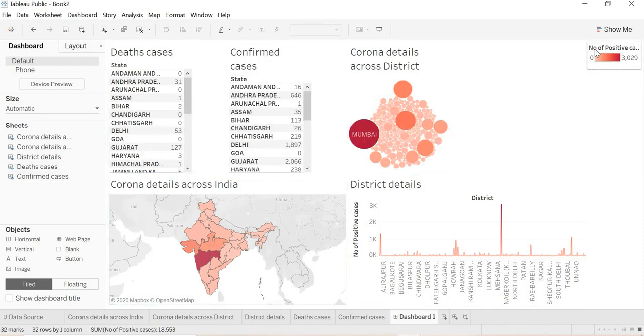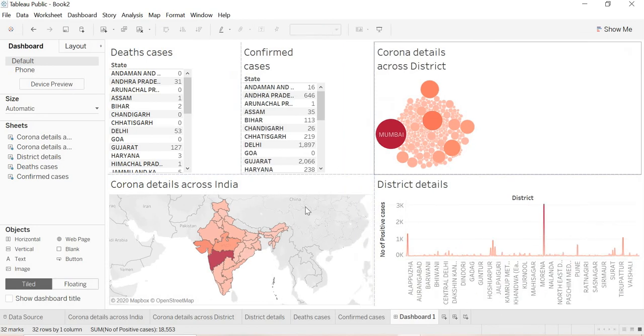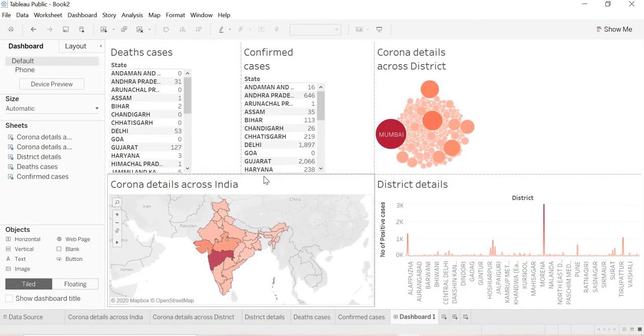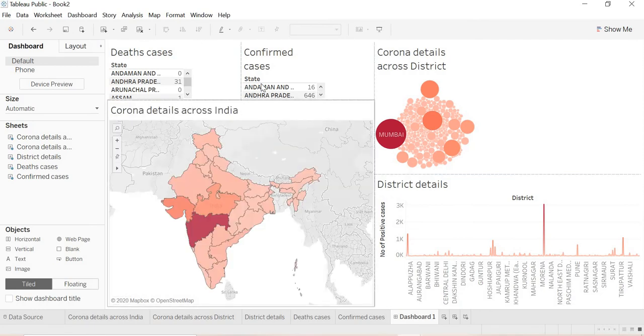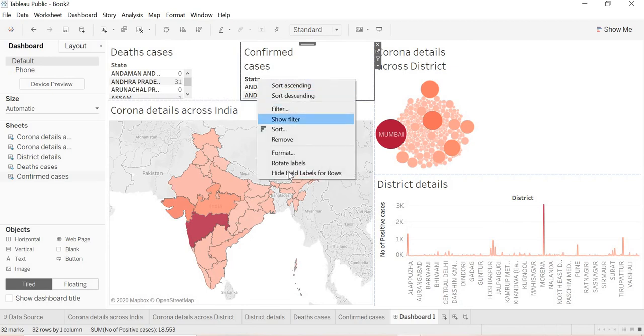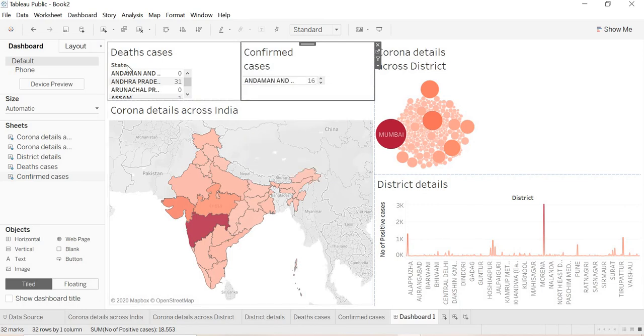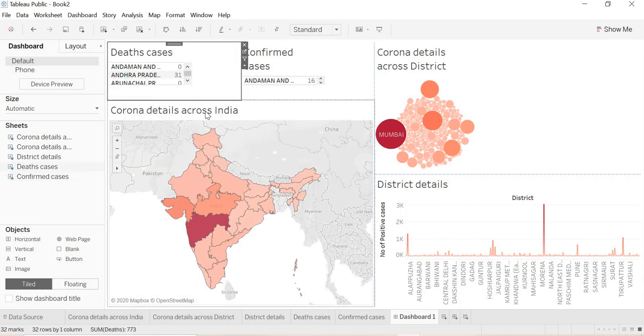We'll delete these things, no need. Adjust these things here. We'll remove this state. Hide field label. Right click over here, Hide field label. The sheet name will be removed.